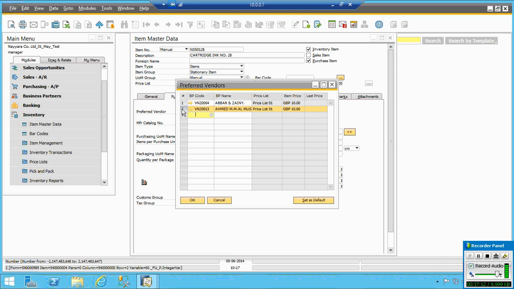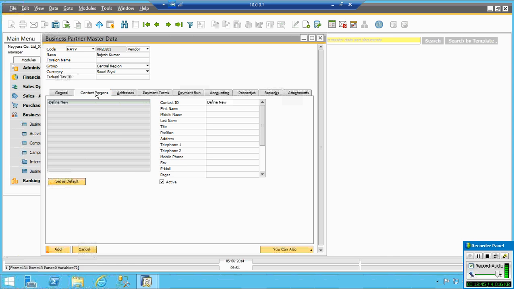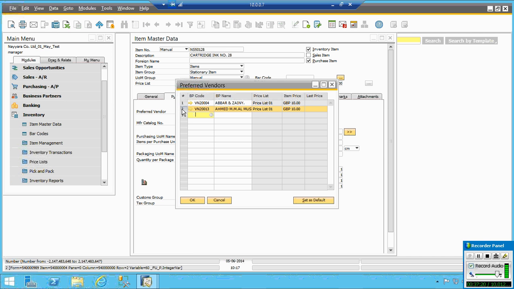This is for information purposes. Don't get with business with stock because I say these are the default vendors. I want to purchase from other. No problem. You can purchase from anyone. These are only information purposes. Making the purchase easy.